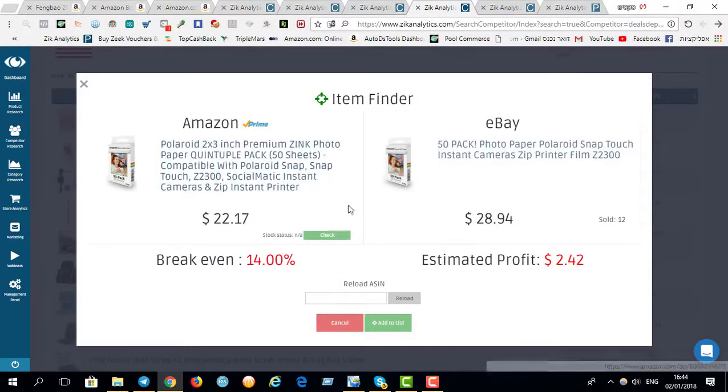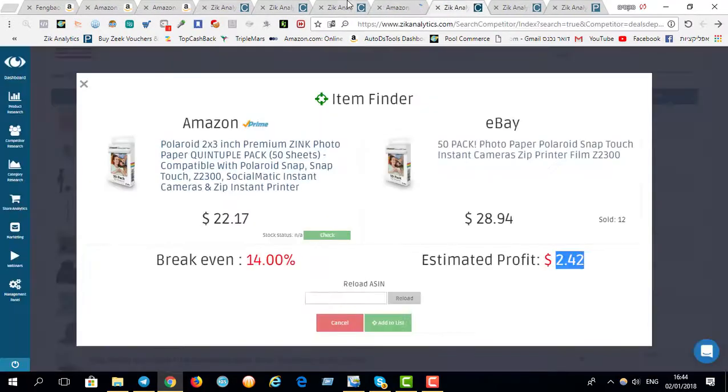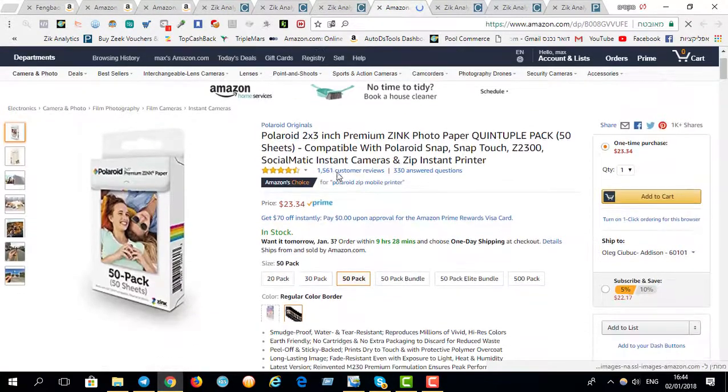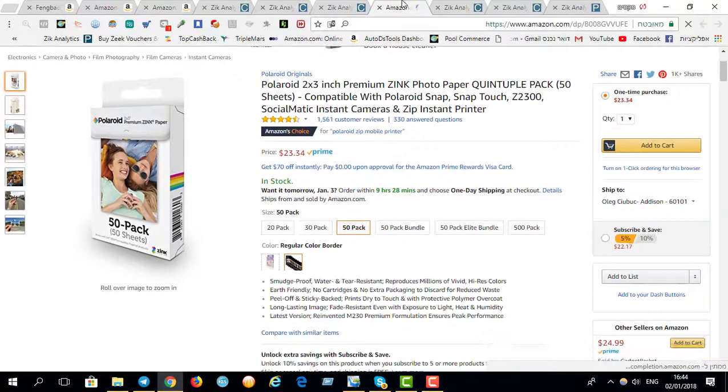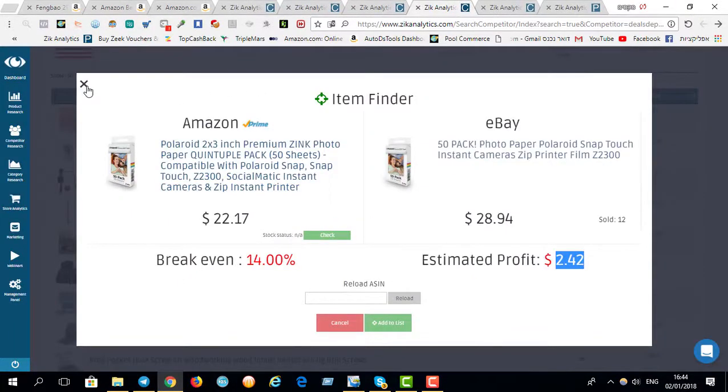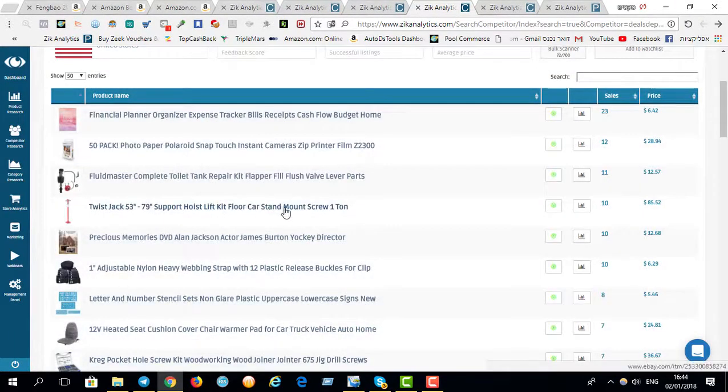This is his profit. Okay, so he makes $2.50 on this specific item. Now you can go into it and you can copy the item if that's the way that you work. You can lower the price, you can make a higher price. It's basically your decision. But if you do that, I suggest you make a better title than him, because probably